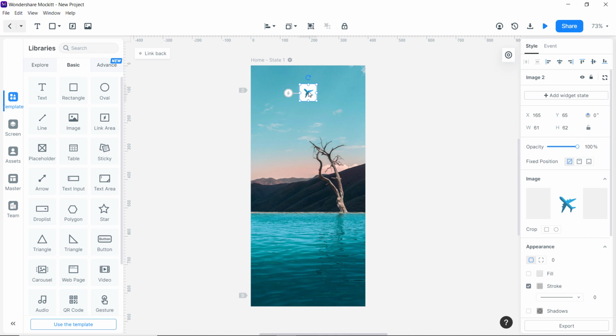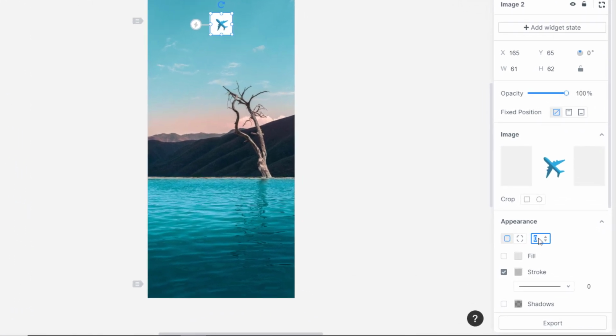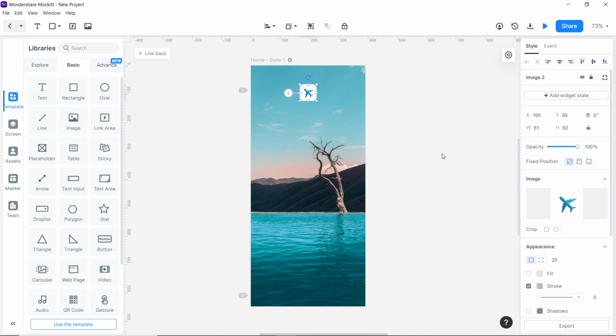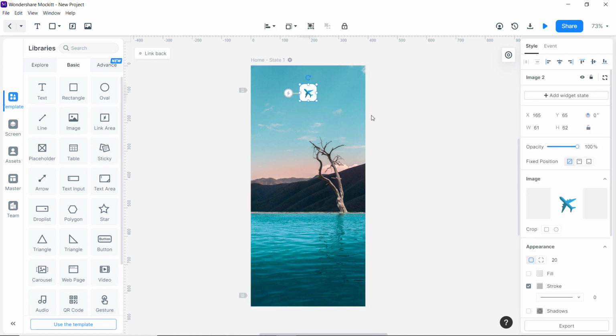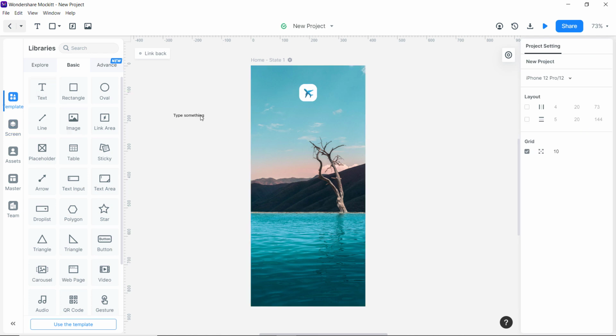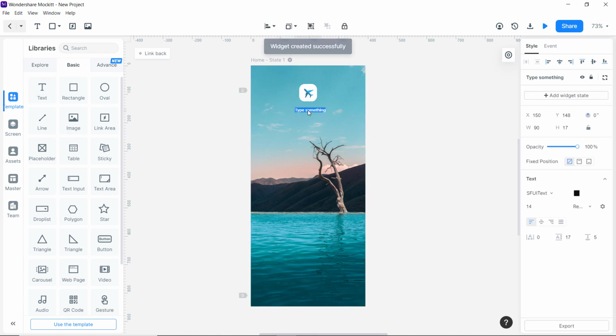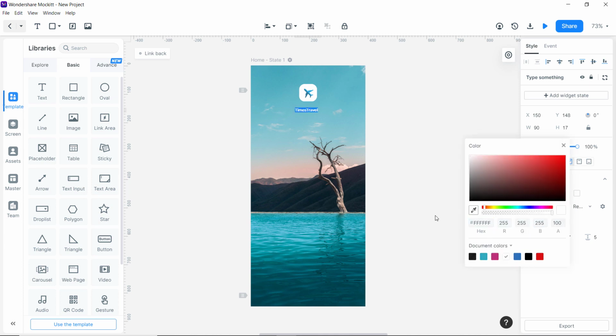Now I want this icon to be rounded corner. Don't worry, we don't need to change our icon for that. Simply go to the style section and change this rounded property. If you want to modify individual corners, you can do that as well. So this looks fine to me. Let's move to the next component and add some title to our page. You can modify different properties like alignment, font size, font color and other things. And it's so basic.